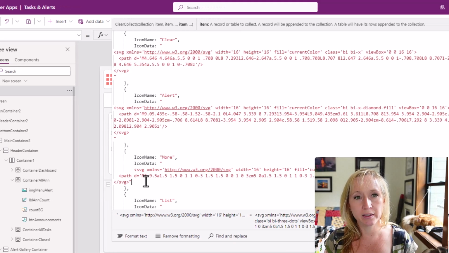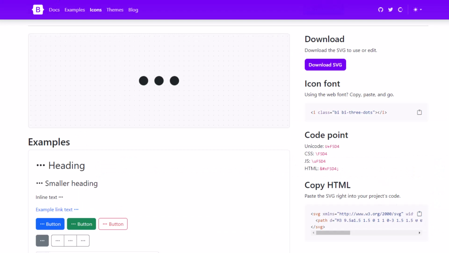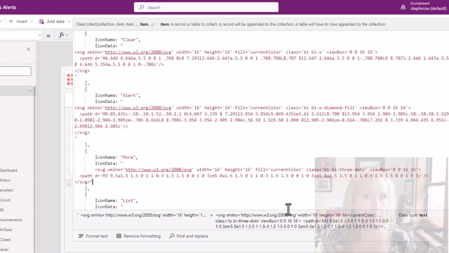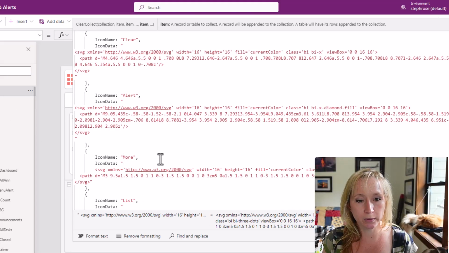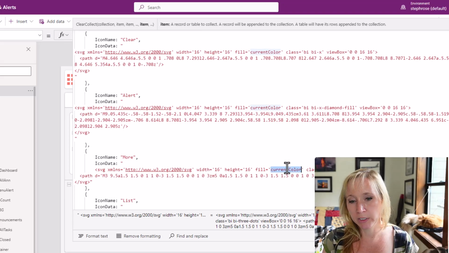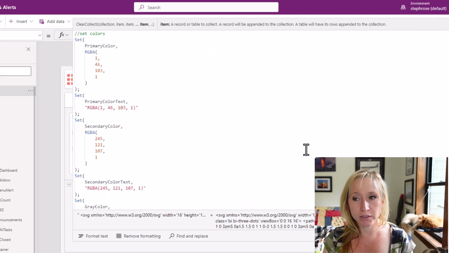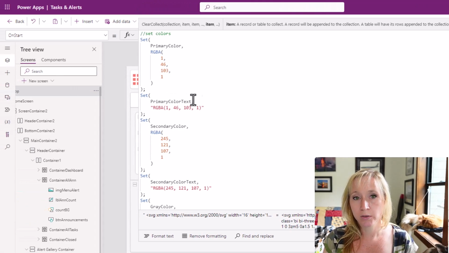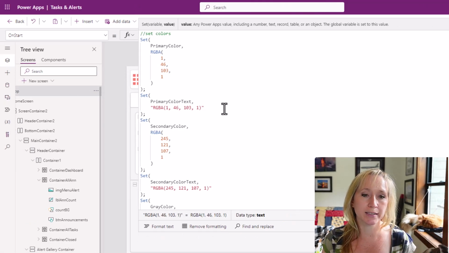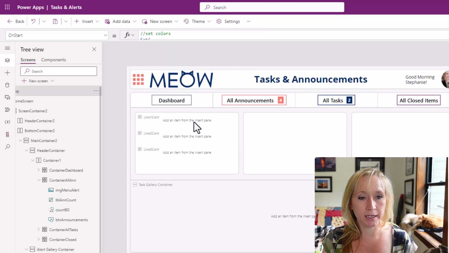You have to take the text from Bootstrap, which is right here, and you can just click the copy icon. But you have to change the double quotes to single quotes for it to work within Power Apps. So here we have the more with single quotes. Now notice here we have a fill of a current color. That's where we can dynamically set. Now also in my app on start, we have our primary color and our primary color text. The reason that we created primary color text is specifically for the SVGs. So let's look in line